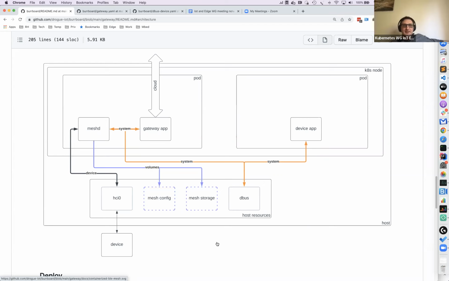At the moment, the mesh daemon is written in C, and it's using D-Bus to be able to connect to other applications on the host. That's how the system is. And for the gateway app, the first thing that I did is create a small POC in Python, because those are the only examples that I found at the moment.